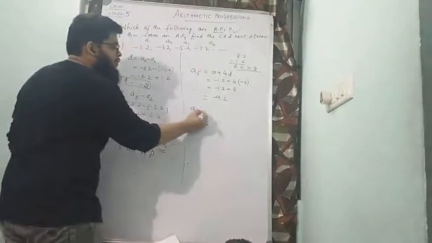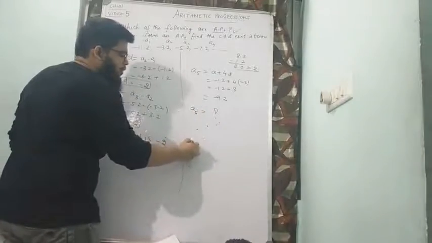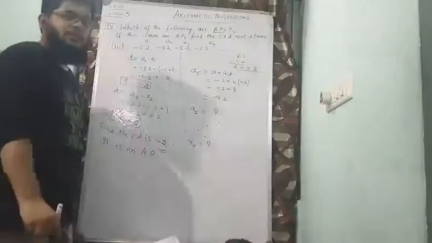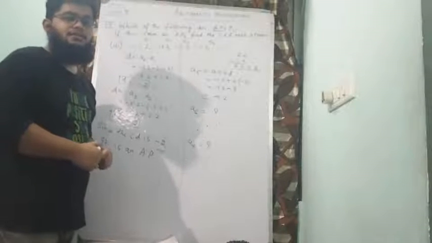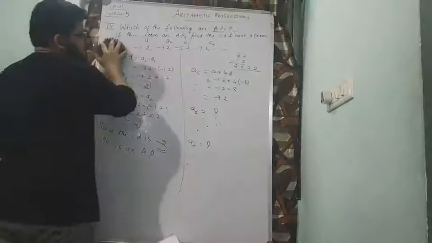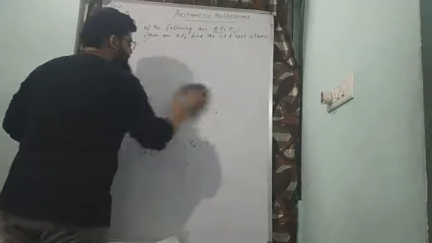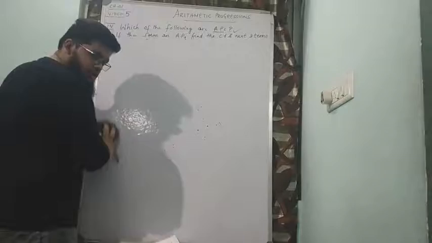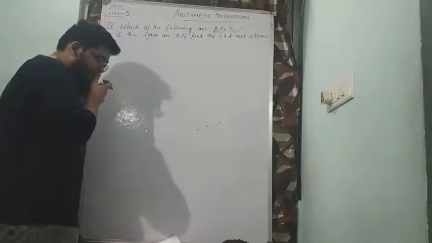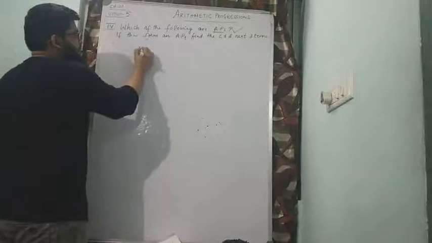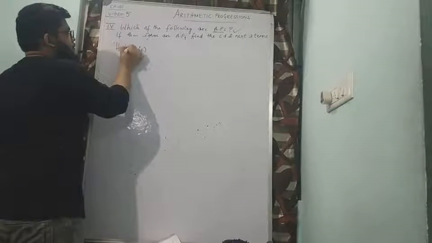Similarly, I want you to find out what will be A6 and what will be A7. Please find out both the values and let me know what values you have got in our Google Classroom app. Now I will be giving you some homework questions from the same exercise. Of course, they are not in order. I won't be giving them in order. I just give them randomly and I want you to try these questions as your homework.